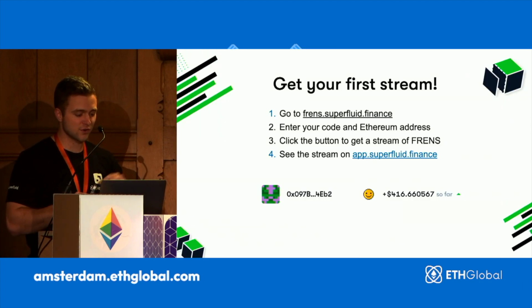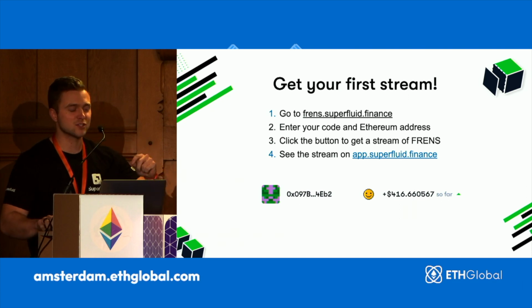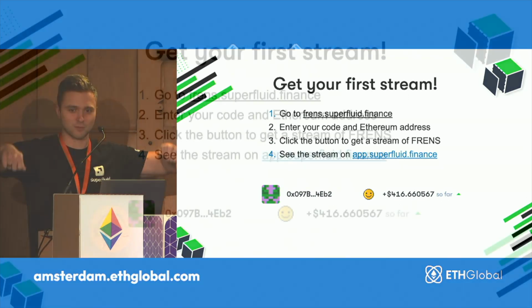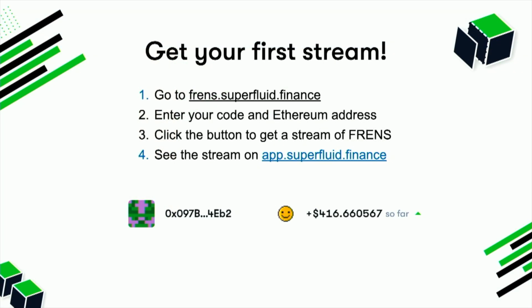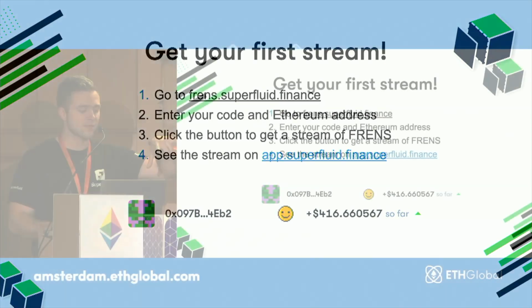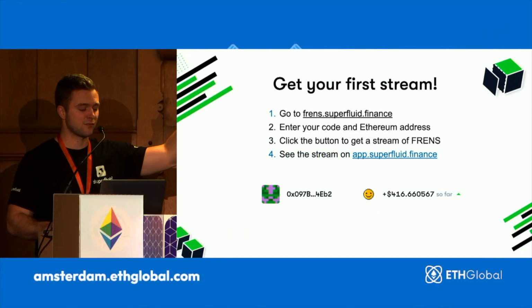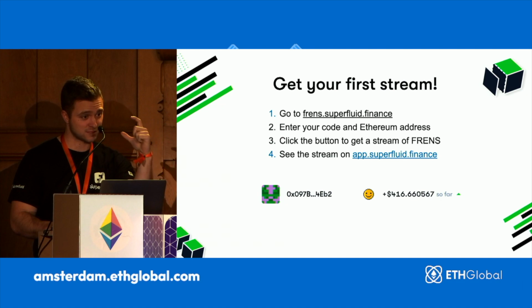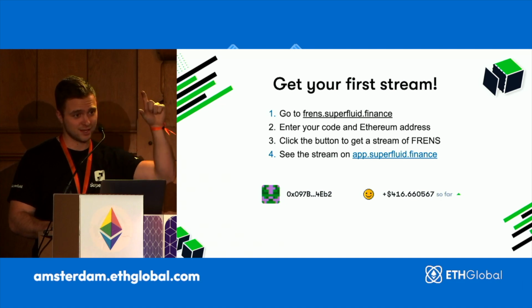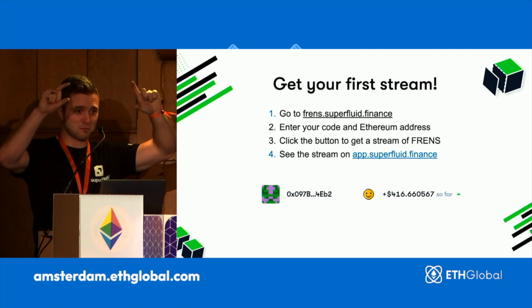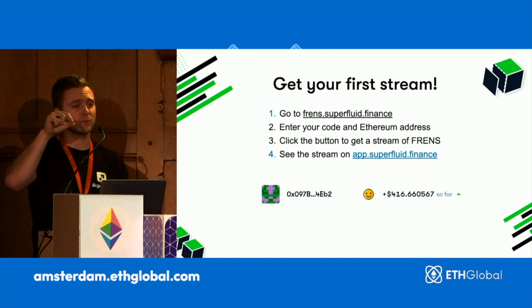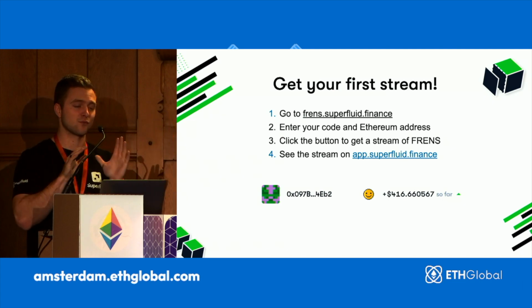All right, so those of you that are here, you received probably a gigantic swag bag with a bunch of swag from different sponsors in it. Inside of the bag, there is a flyer that is branded with Superfluid specific branding, and we have instructions on how to get your first stream. So there's a link there. It's friends.superfluid.finance. There's going to be a code that's specific to you. Enter the code. At the link, right, there will be a form that pops up. Enter the code, enter your Ethereum address, and you will be sent a stream of Friends tokens.